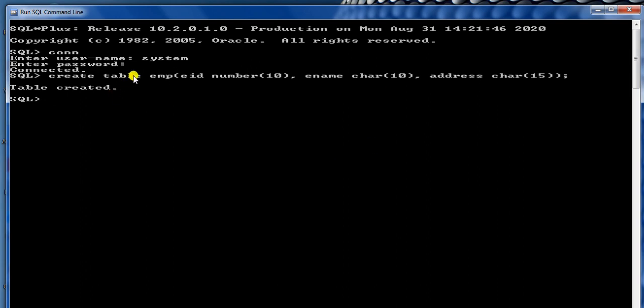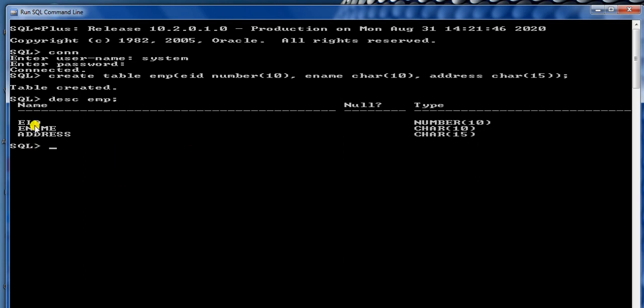So starting with this, the DML command, before starting with this, let us observe the structure of this table by using command describe. Describe EMP. It provides us the structure of table. So we have the column name here and its data type and size, associated data type and size. So first command of the DML is insert, which is used to insert data into the table. Right now we have created the structure of this table.